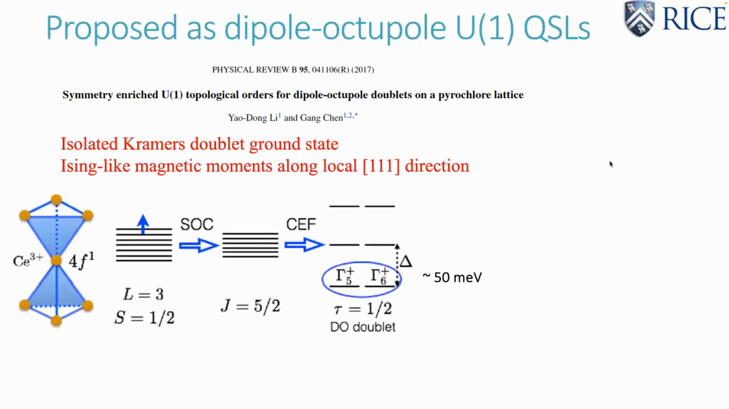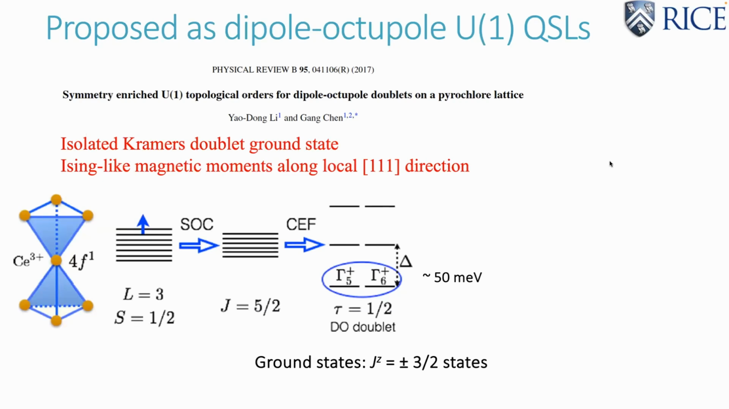Then 2 years later, this cerium-based pyrochlore was proposed as the dipole-octupole XYZ quantum spin liquid. Due to the large spin-orbit coupling and the crystal electric field, the ground state is a Kramers doublet. It's a dipole-octupole doublet, which means its ground state is Jz equals plus or minus 3/2. So in order to